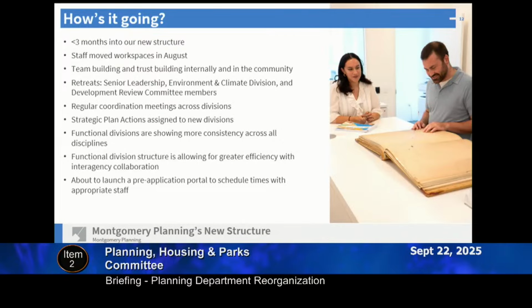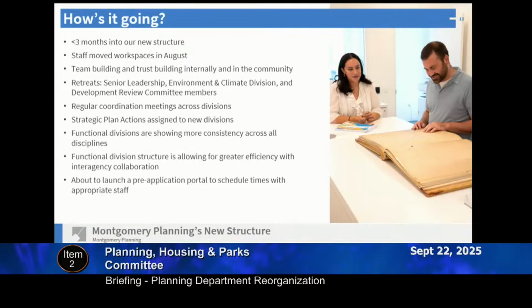Now, informal feedback that we've gotten from staff has been positive, with appreciation for our focus on supporting their efforts to pursue their passion and leverage their expertise. Earlier today, we were with the board on a tour of the Clarksburg Gateway Plan area, and a staff member who I hadn't seen in a while came up to me specifically to tell me how happy he is with the reorg.